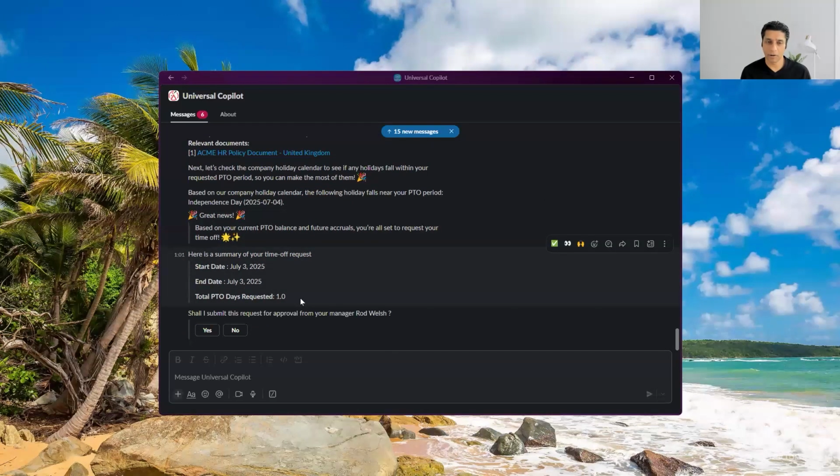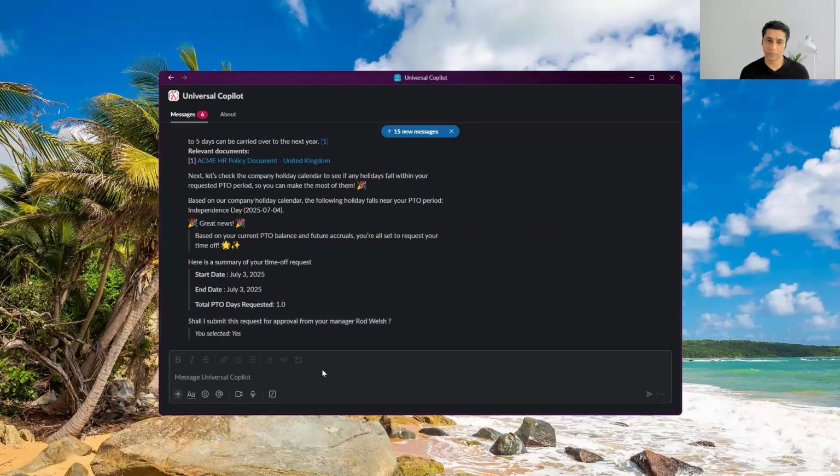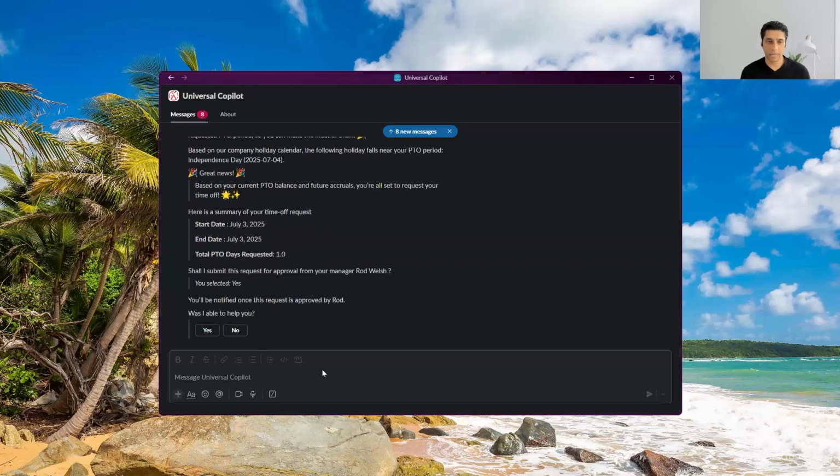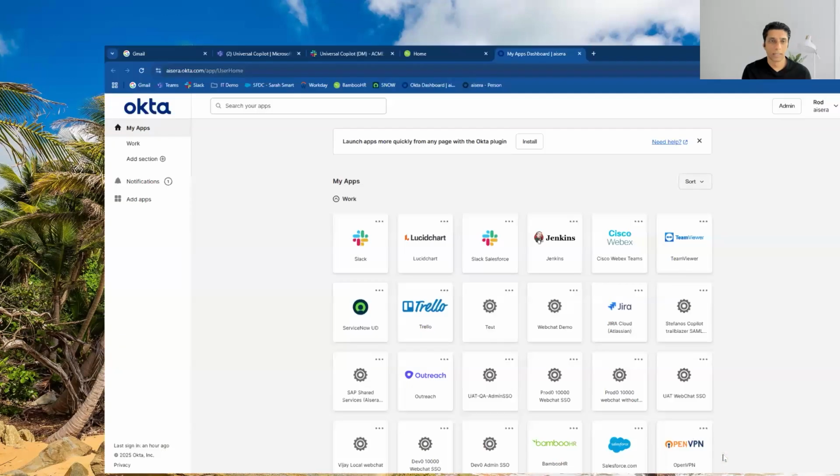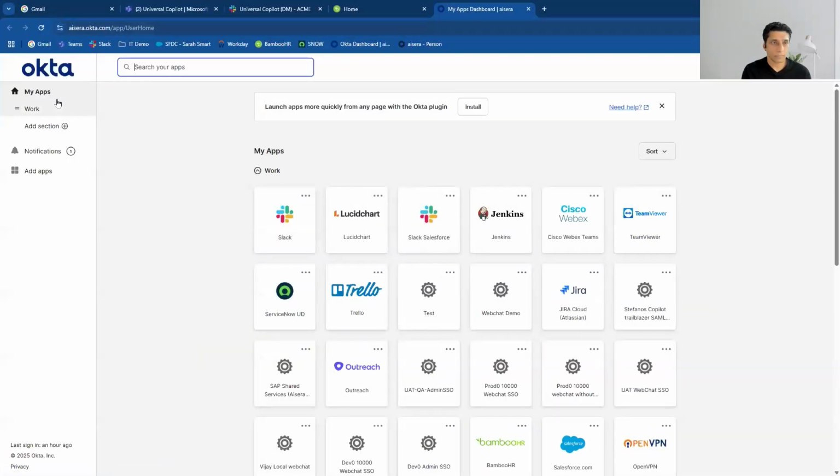And now back to the same process we had before, which is that the agent understands that there's a business process in place that requires my manager to approve my time off before it can actually happen. So it's asking me if I would like to submit this to my manager. I'm going to say yes. And now, just like before, it's going to pause and I'm going to wait till my manager, Rod, does something. So if we go into Rod's